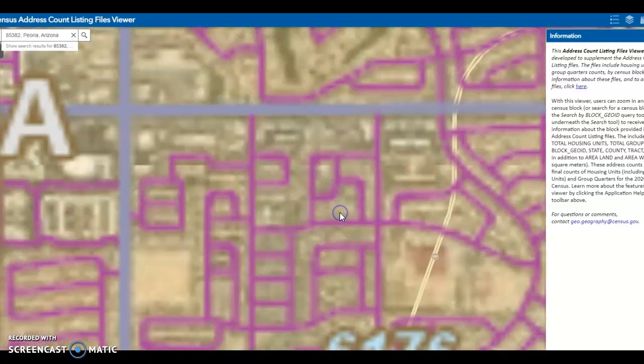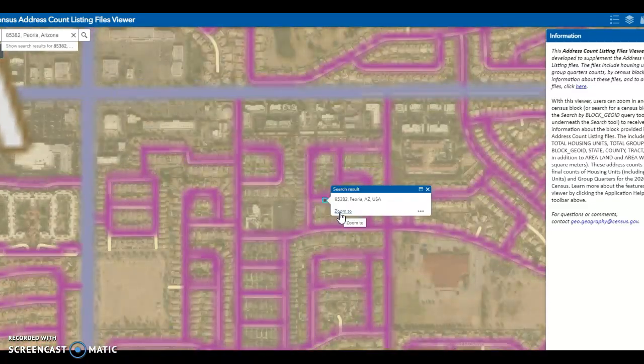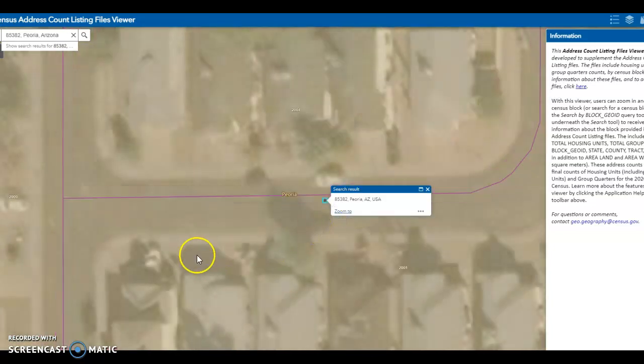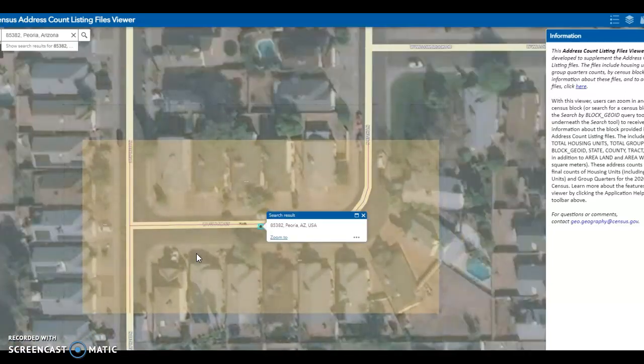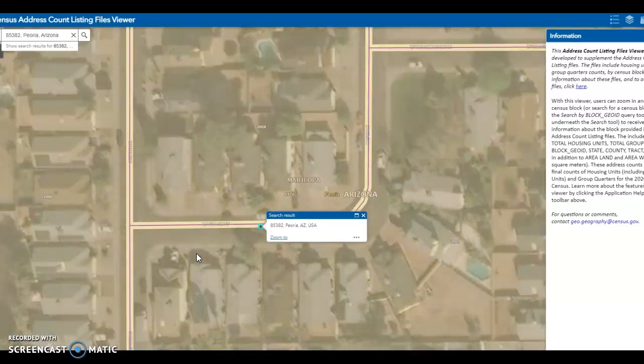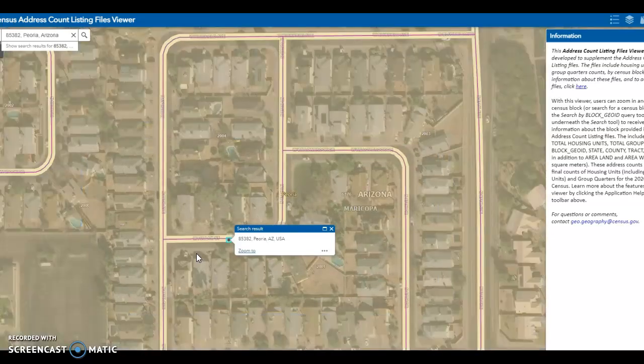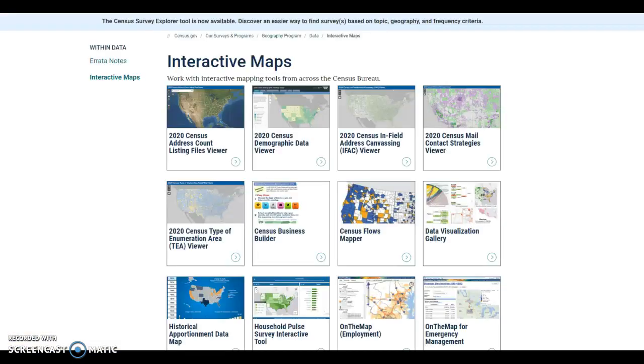All right, and then it allows you to kind of zoom in. And zoom in again. Might be too much zoom. And you're able to see the area and what that looks like. Okay. As far as statistics go,